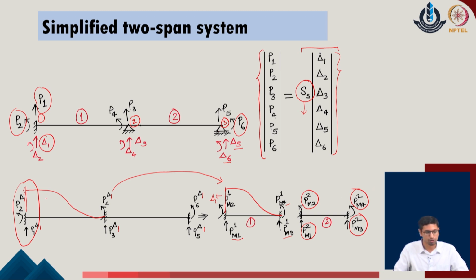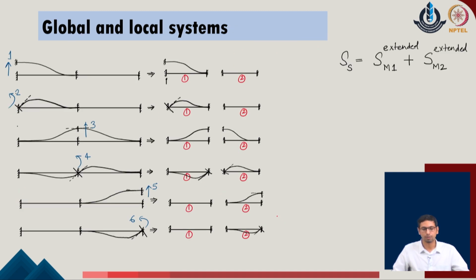Now, this procedure which we have done for any one deformation in the given problem can be repeated for all the subsequent deformations also as per the global system, and we will also realize that as we define those global deformations in the overall system, individually these cases can also be reflected in the member components.